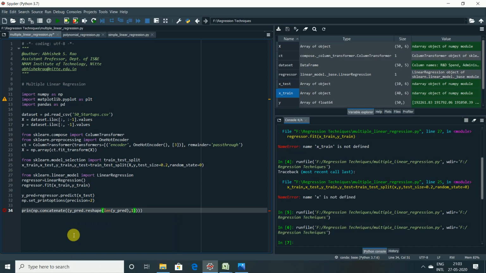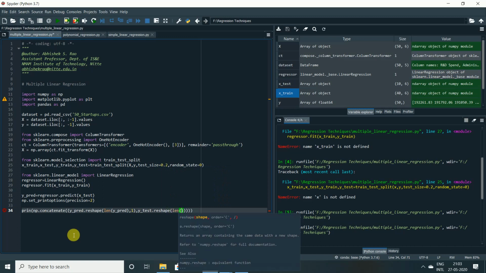The second variable I'm using is y_test.reshape of the length of y_test, comma 1. Close the bracket. Right after 1, you can close the whole bracket, comma 1.